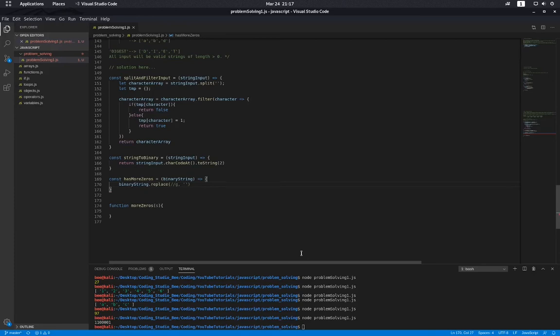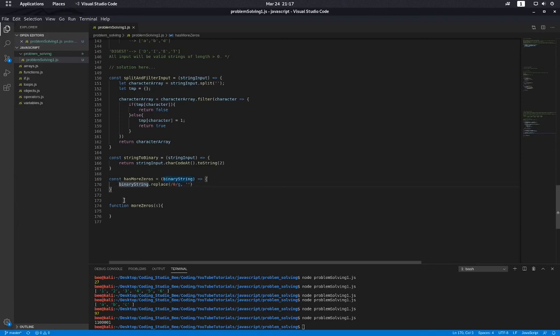You do 2 forward slashes, and inside the forward slash you put the character you are looking for, which is a 0 this time. And the G after the last slash means global, that it should look in the whole word. So look for the 0 character in the whole word. And if you would put an I at the end of it, which is completely unnecessary in this case, that would mean capital and lowercase letters, but we don't need that now. So what it does is simply replaces